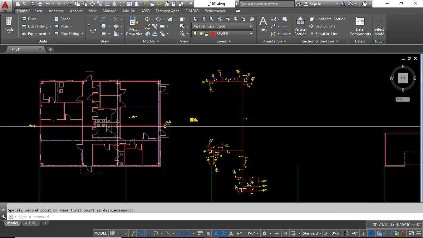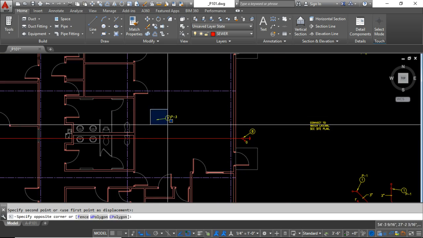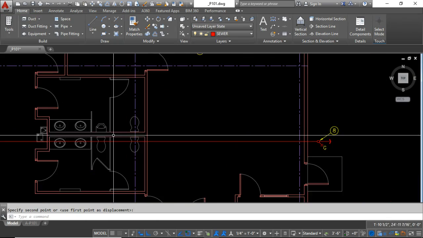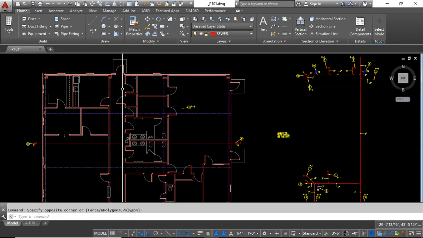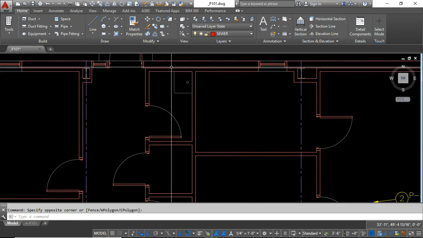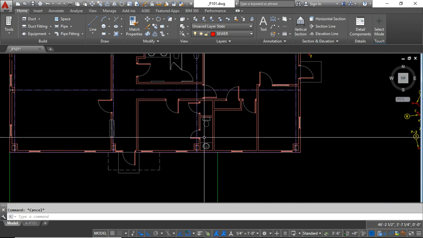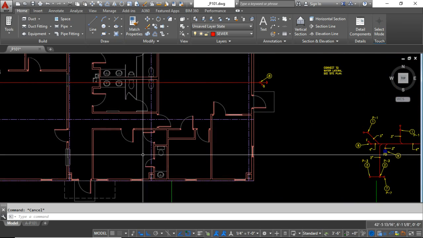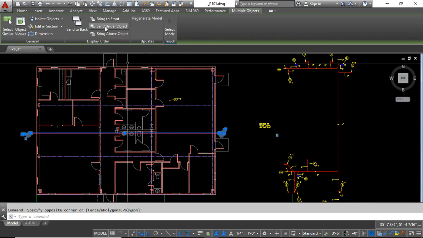Now that we have the sewer line flowing in the right direction, let's put it in the right place. It seems like the hub of the plumbing is in the center of the building. Yes, there's a sink in that kitchenette. That's a mop sink in the janitor room, and then there's a small bathroom for the boss, it looks like. What I'm going to do is center this sewer line